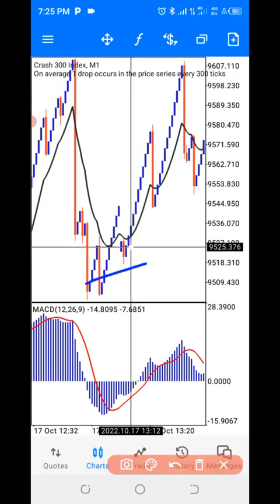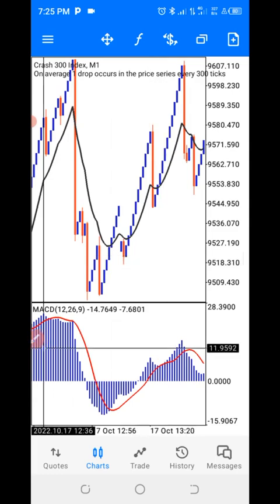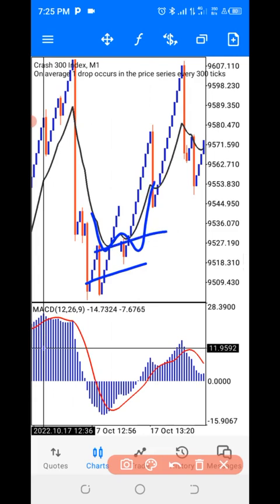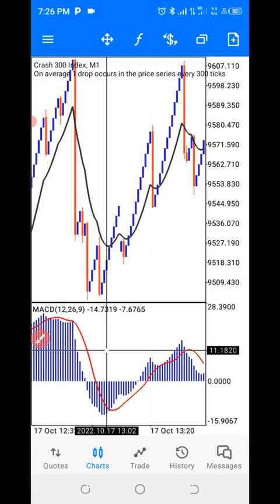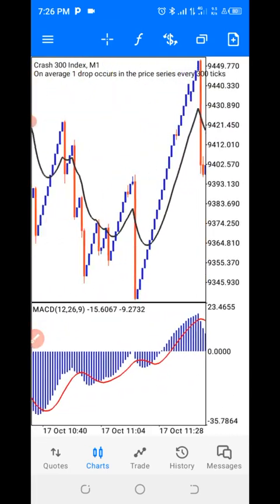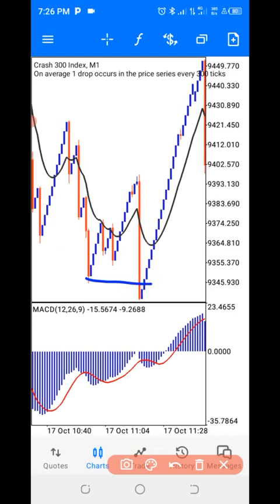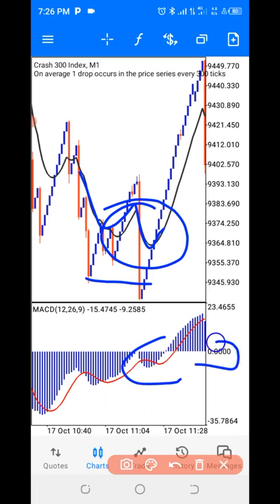Even the moving average is actually giving you the W. See, it's giving you the W. So there are a lot of them. All you just need to do is make sure you backtest. This is another example. You can actually see you have your breaking market structure, and even your moving average confirms the W for you, and your MACD is above the zero level.